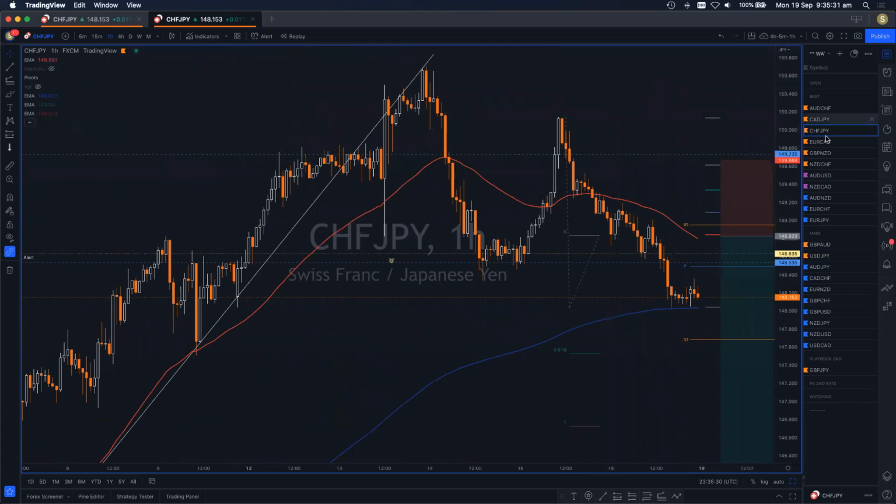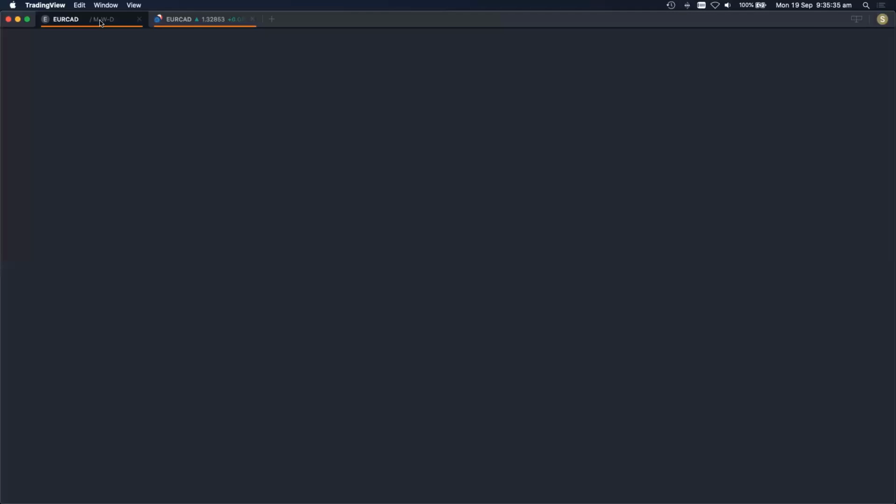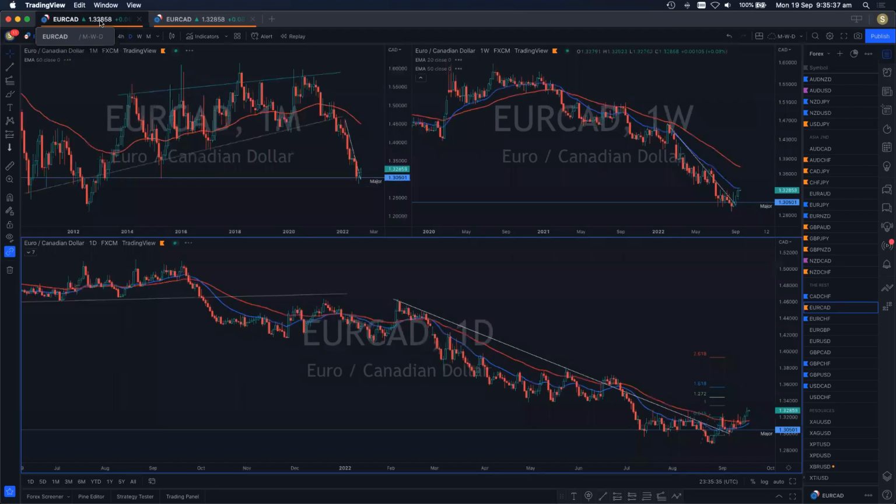Okay, that's good. So next one we go to is EuroCAD. EuroCAD starting to like the daily price action. It's been a downtrend for a long time. We finally got a lot of support on this level, which it did break through briefly and came back above it. If you look at our Elliott wave, starting from the bottom, wave 1 pull back to the daily 50,